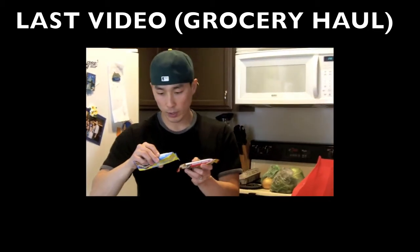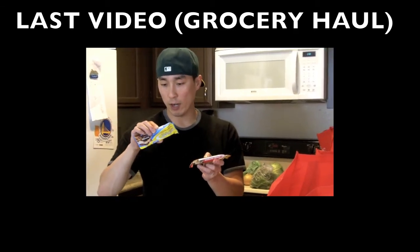So this is the organic food bar right here. And these have a little bit more calories. They're roughly about 300, but there's about like 25 net carbs in